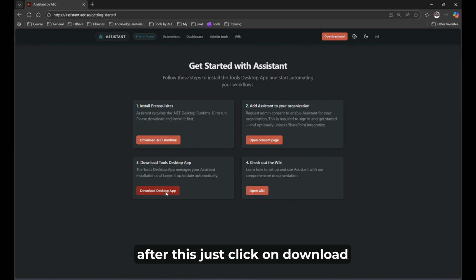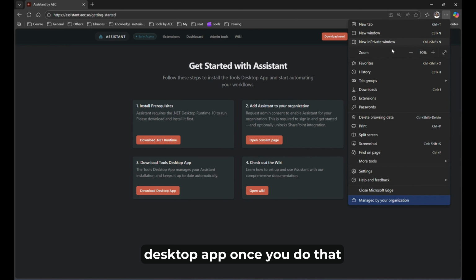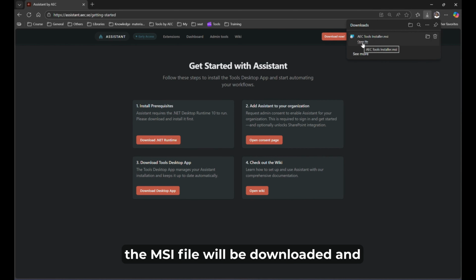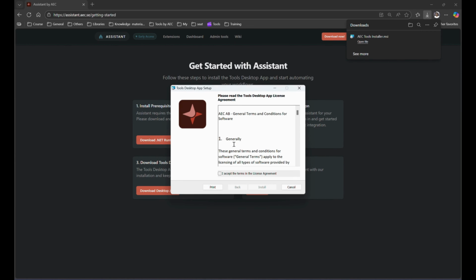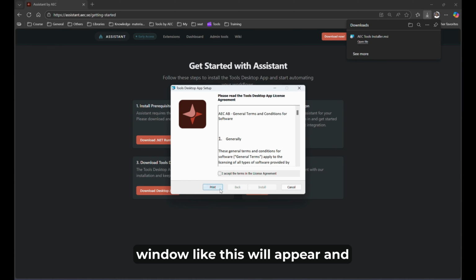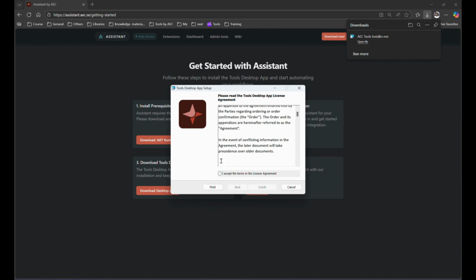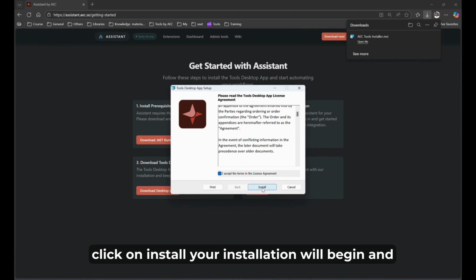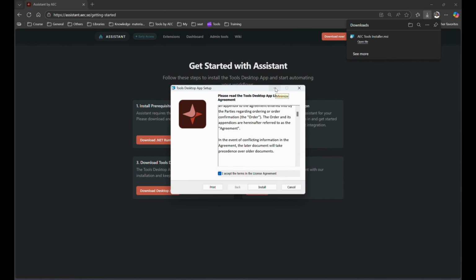So after this, just click on download desktop app. Once you do that, the MSI file will be downloaded, and I'll just click on this. A window like this will appear, and here you have some options to check. And once you do that and click on install, your installation will begin. And after installation,